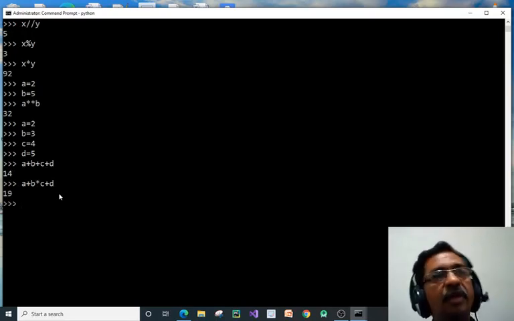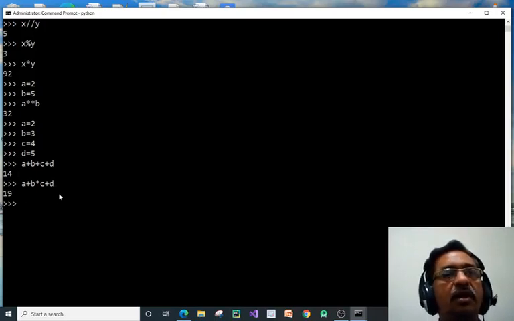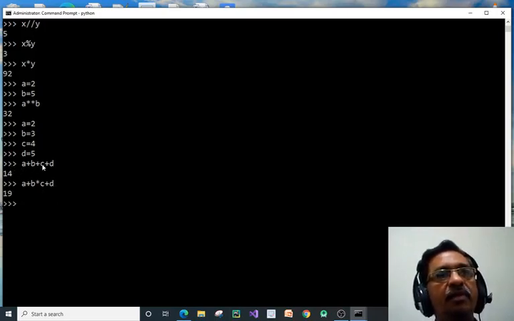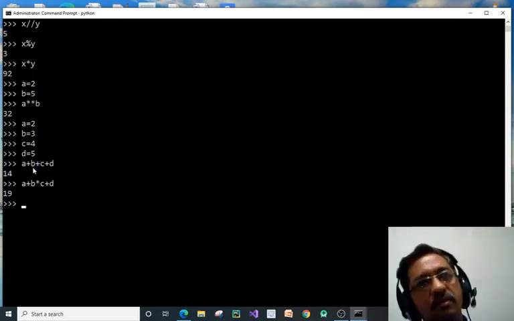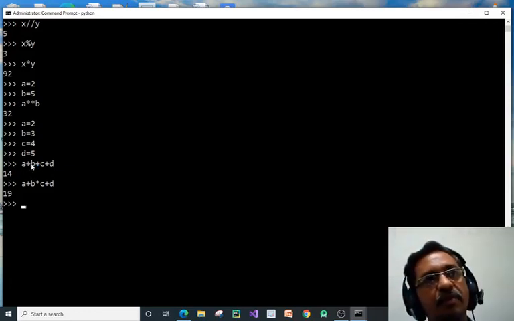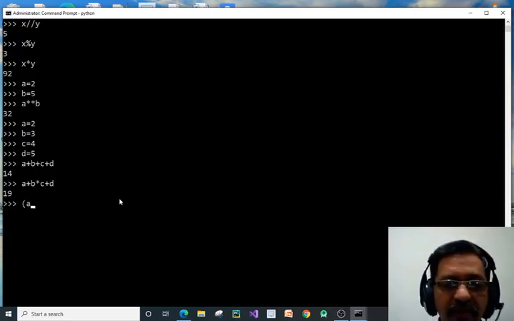So highest priority is given to multiplication and division, and then plus and minus. Now in the previous example, a plus b plus c plus d, all operators are plus. So it starts solving from left to right. It will make first a plus b, then whatever result it adds c, whatever result it adds d. Now if you make it like this, a plus b